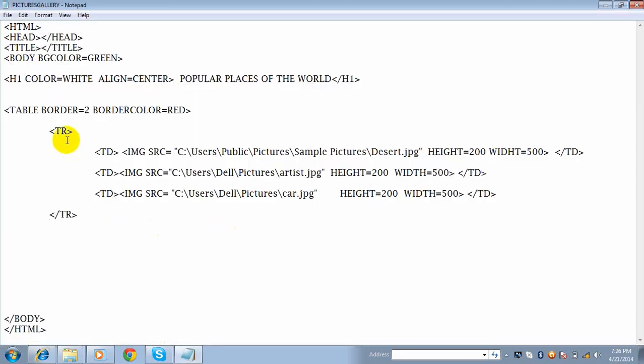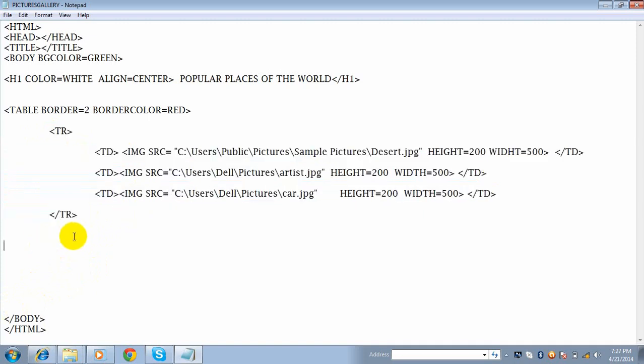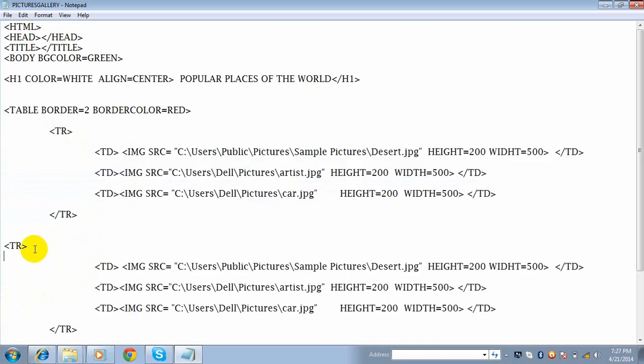You can also insert more pictures by following this method. Okay. Now for a shortcut, you can just right click, copy and paste. Now this is the second row.